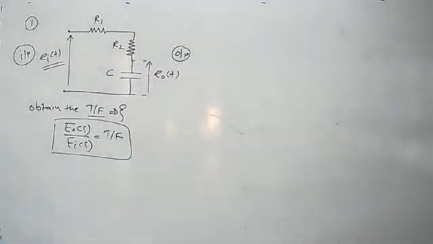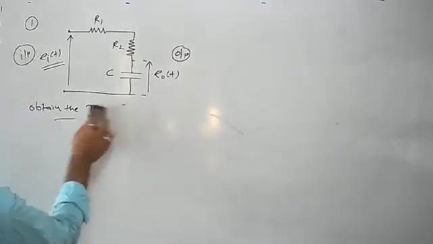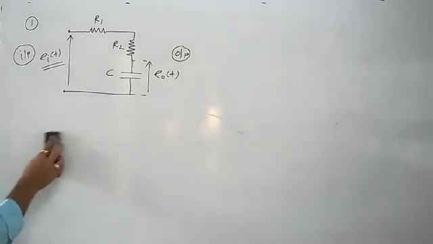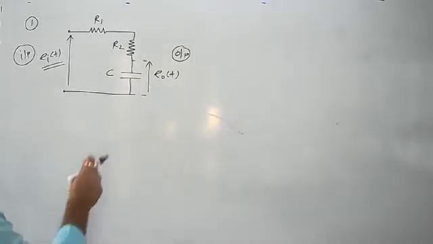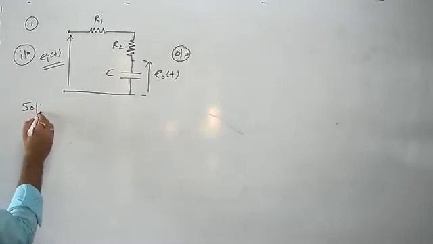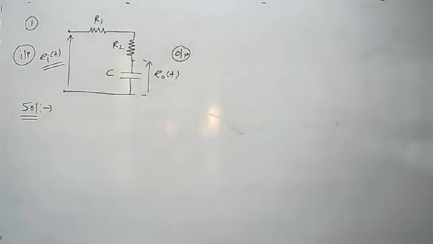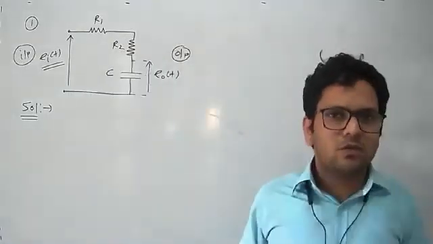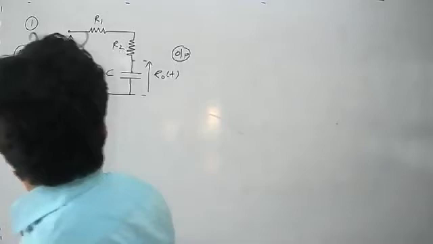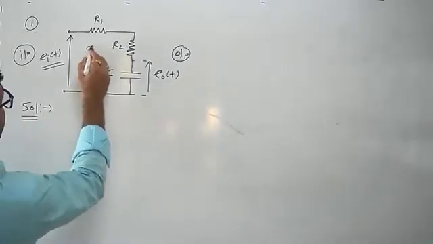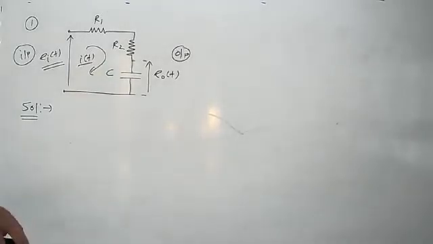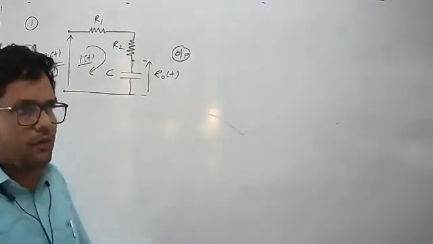So how to solve this? Again, very simple. What do we have to do? We need to apply those steps one by one. So the first step is we need to obtain the mathematical modeling of our given system by applying the concept of Kirchhoff's voltage law, Kirchhoff's current law, Ohm's law, whatever it may be. So let us consider that the value of current flowing through this circuit is I of t, where I of t indicates the instantaneous value of current flowing through the circuit.